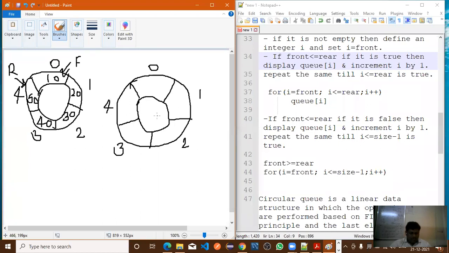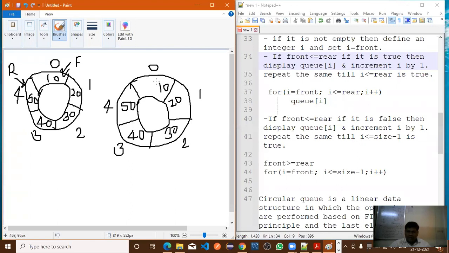Now in this scenario, previously the values are 10, 20, 30, 40 and 50. Now the rear pointer is at which location here? 4 location. And front pointer is at which location?